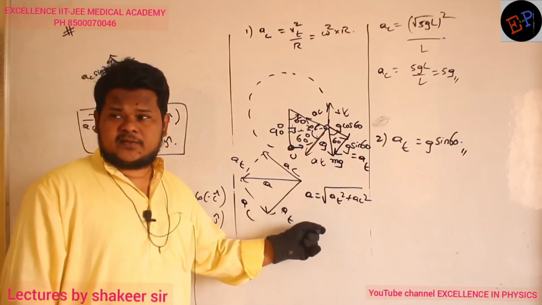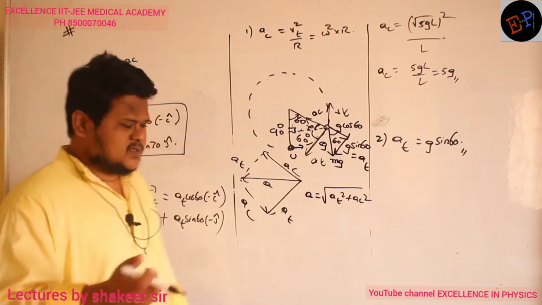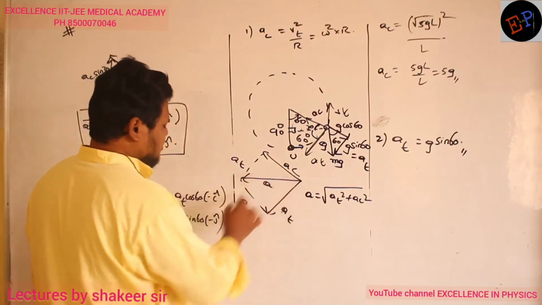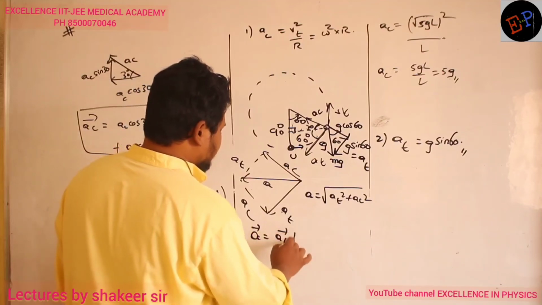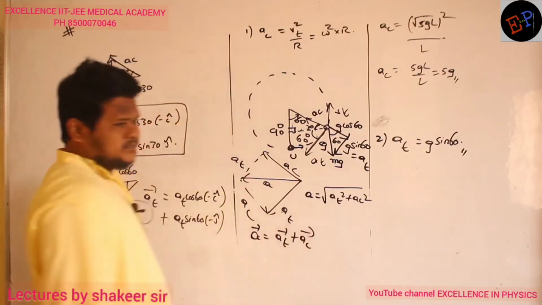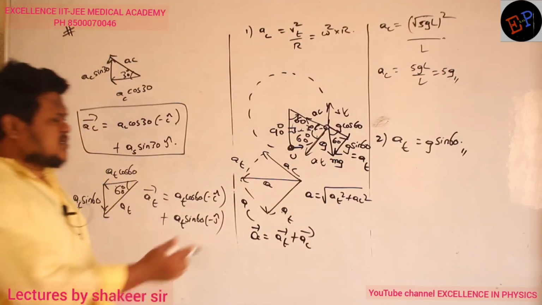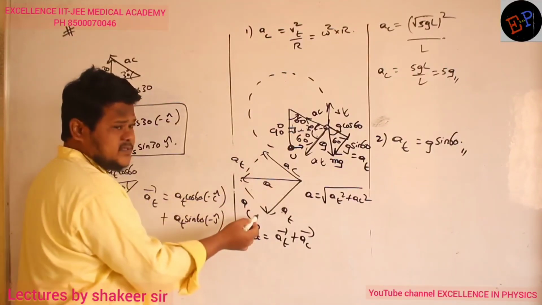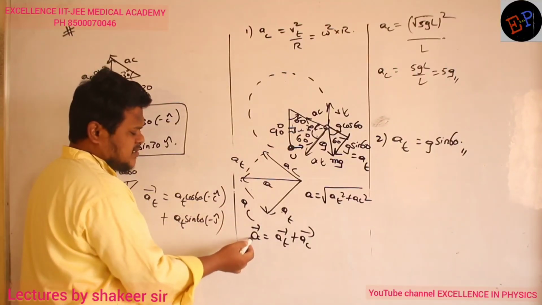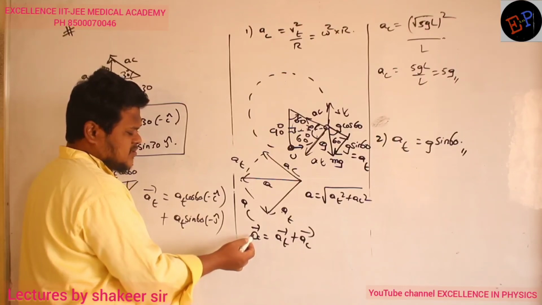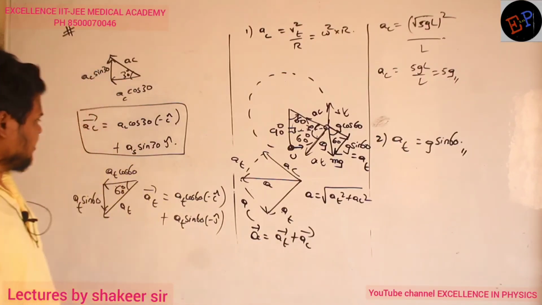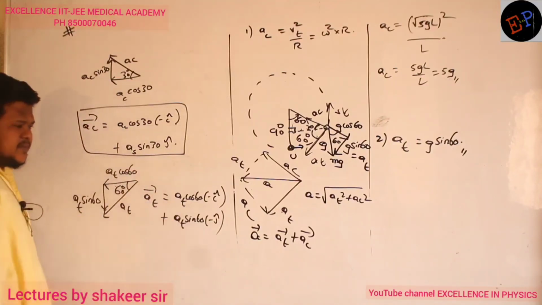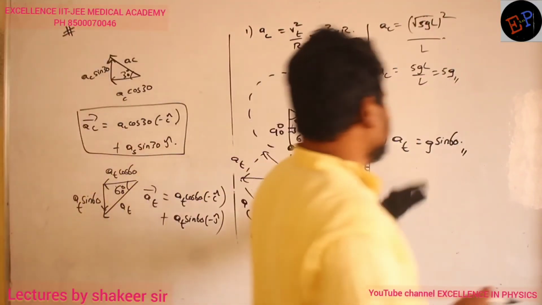But he is not asking for magnitude. He is asking for vector form. So in vector form, how can I write? This total acceleration is the vector sum of AT vector plus AC vector. So this resultant is the resultant of this one and this one. A is the total acceleration or net acceleration. So net acceleration is the vector sum of AT plus AC. And AT and AC we have already calculated. Just substitute that. Clear? So once I substitute,